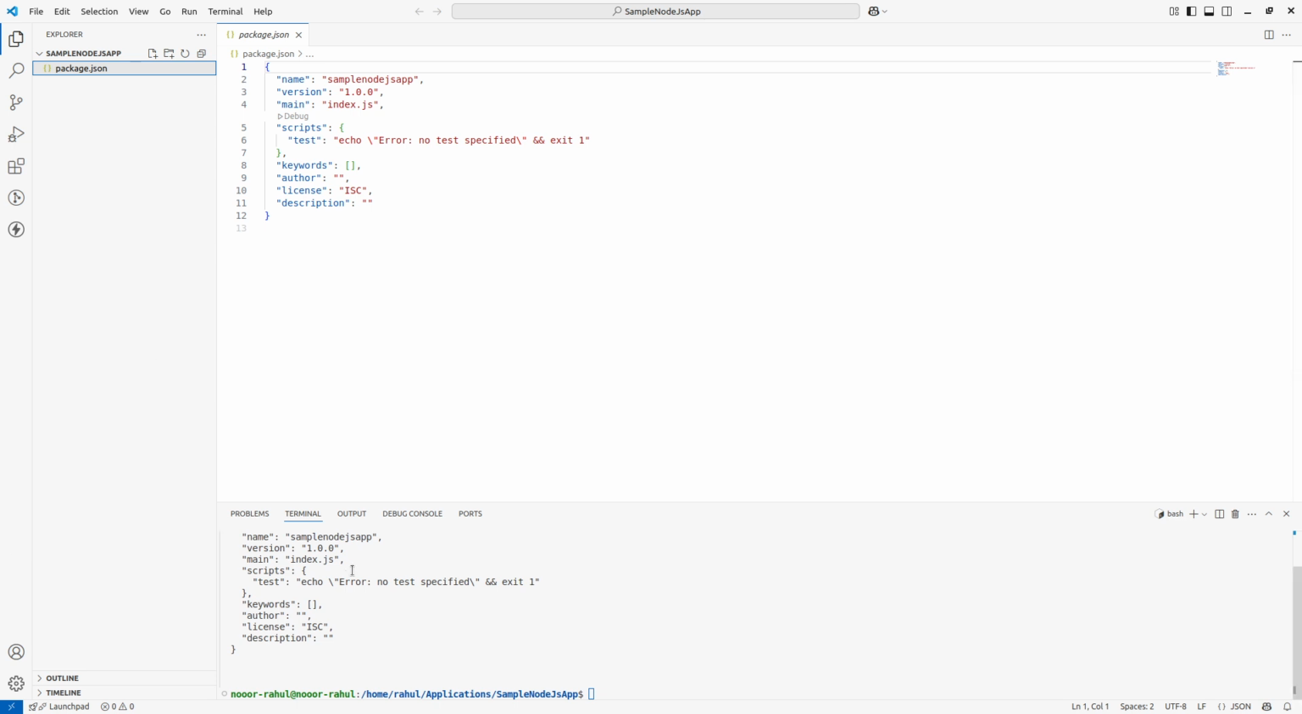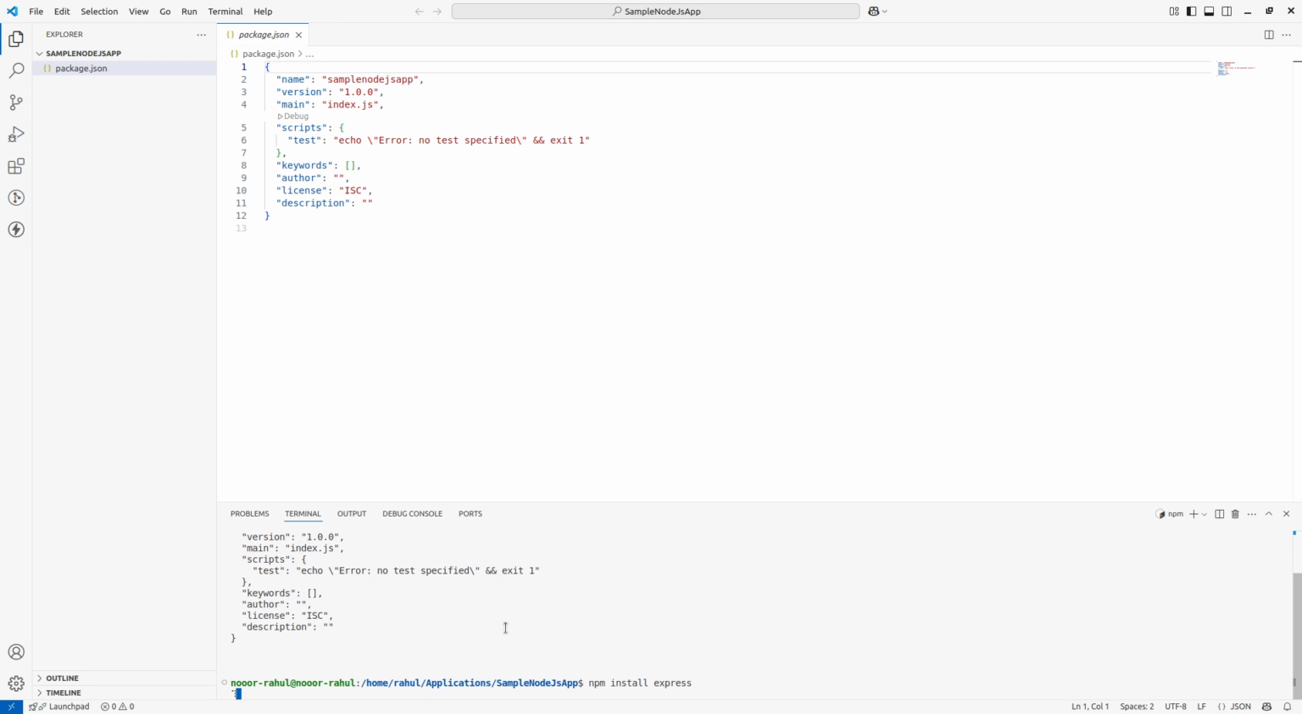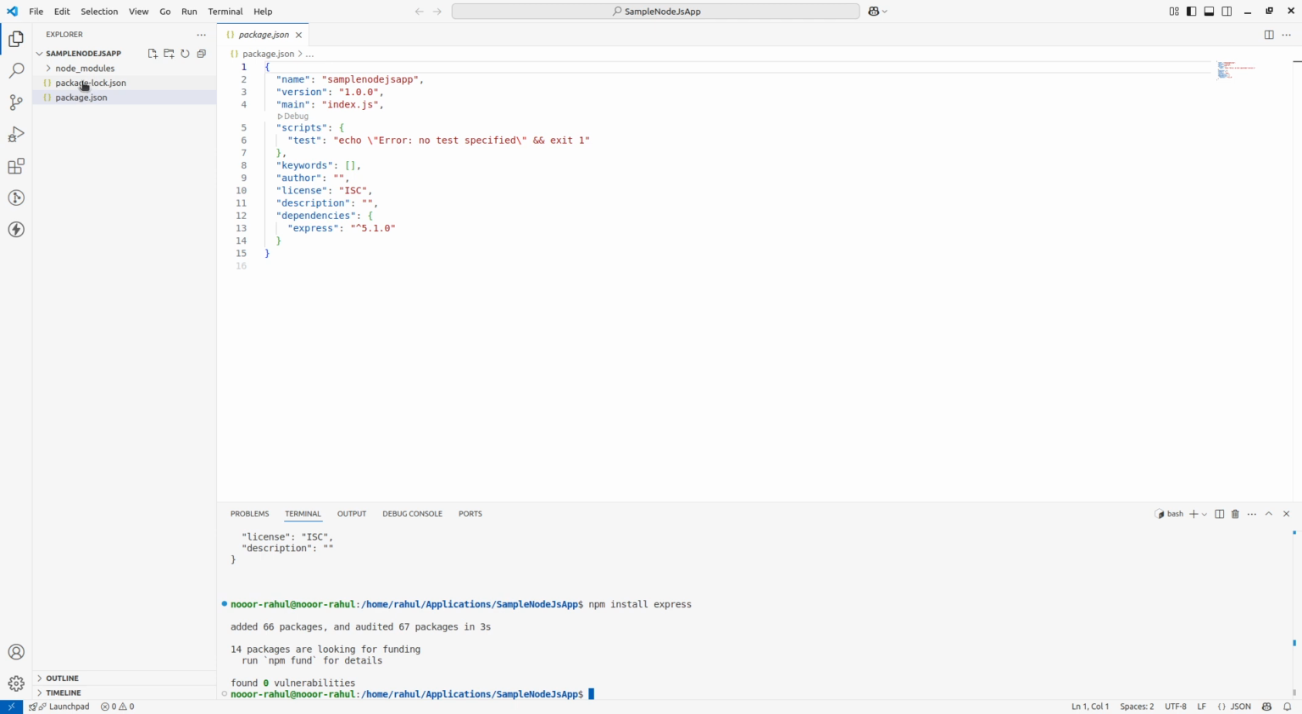Next step is, as you already know, we are going to use Express to create our REST API. So we have to install the Express package module in our application. How to install that? Using the npm install express command. Let it install. It creates the node_modules folder, which will contain all the Express related modules and